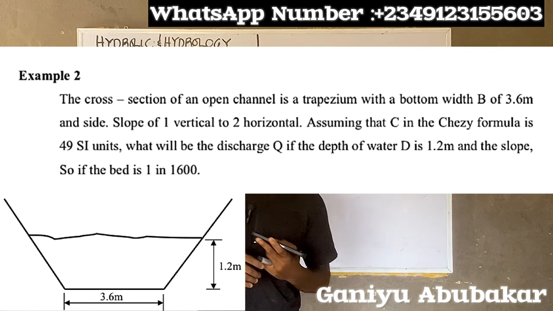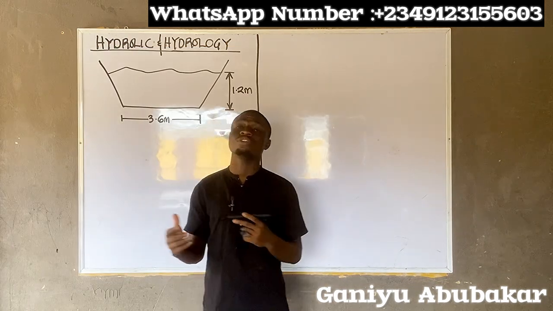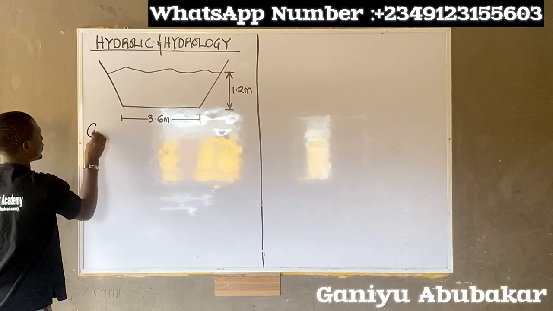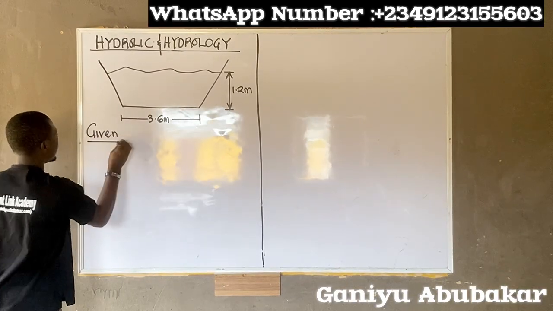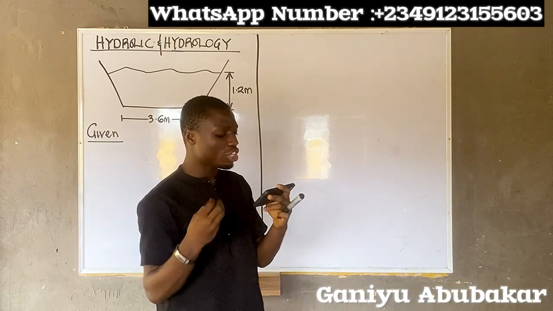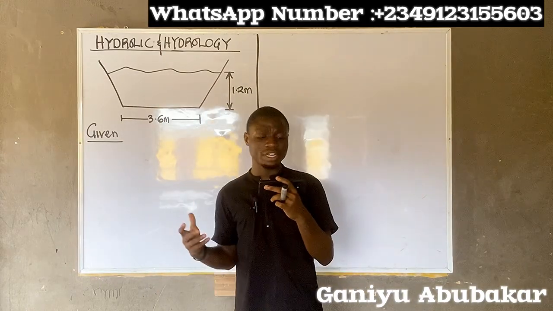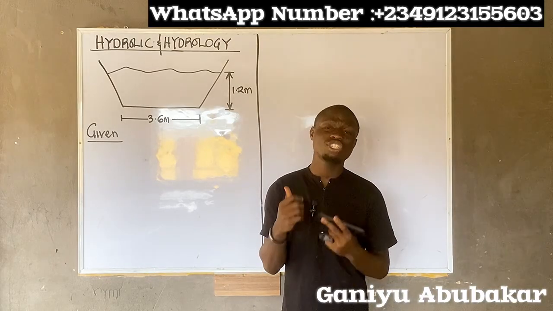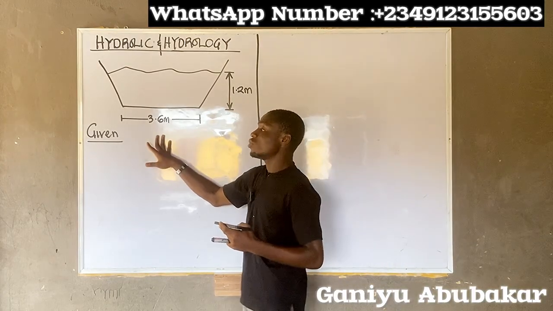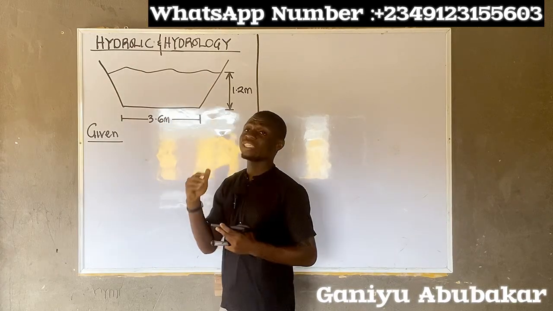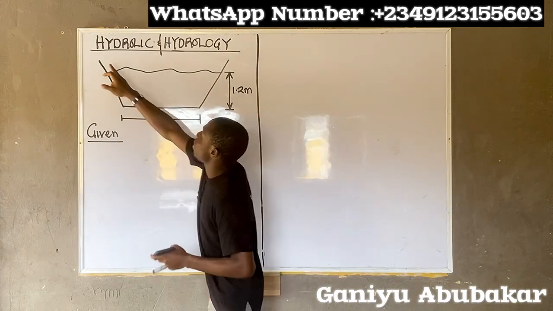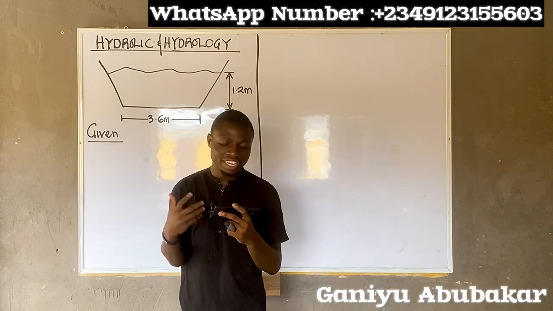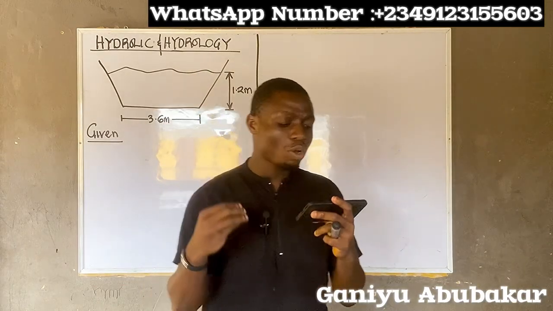First things first, after reading that question, your next priority is to list out the given parameters. First, it says the cross section of an open channel is a trapezium. The diagram attached to this question is shown on the board here. So this is like a trapezium, but an open one, since this part here is not closed. So it becomes an open channel trapezium with a bottom width of